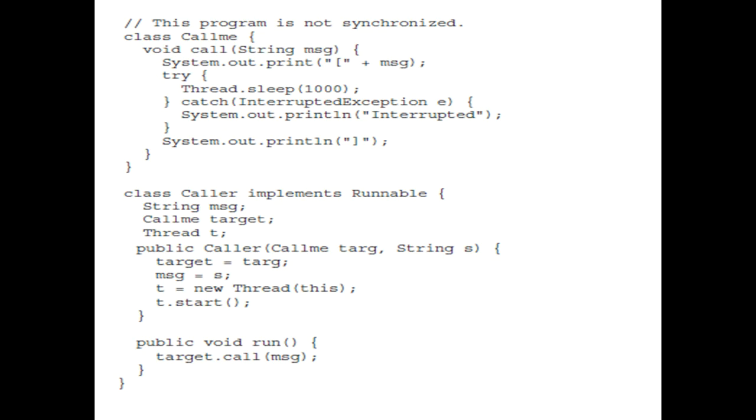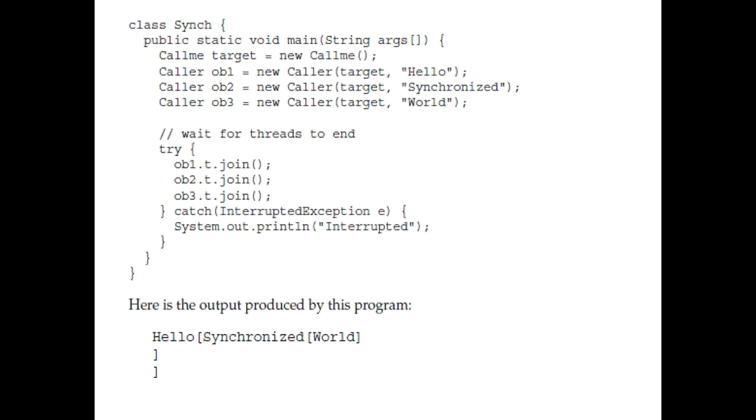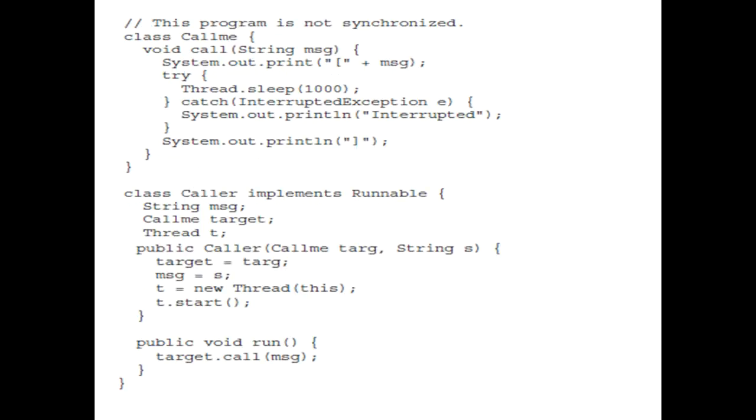One is CallMe, another is Caller, and third is Synchronization. In CallMe, we have written one method called call, which takes one parameter of type String. In this method, whatever the output of the program is, we want to display it within a pair of square brackets.